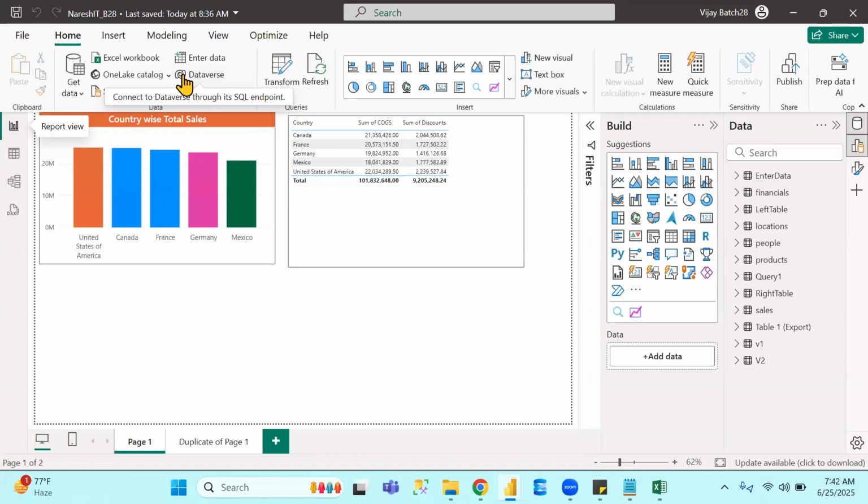Next one is, see here, in this Dataverse, suppose for example, in Power Apps, you're storing your data in Power Apps. You can store the data, or you can create a new application. So whatever data you have stored in Power Apps, that related